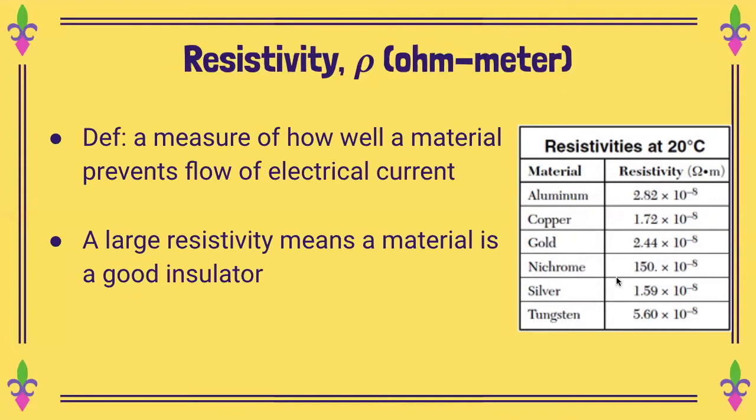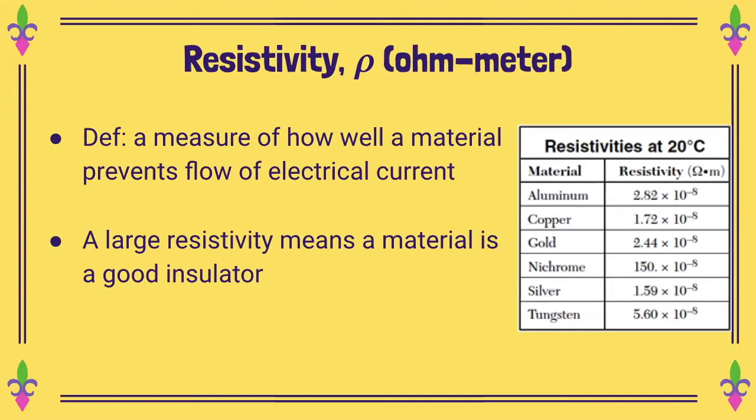You were measuring the resistivity of nichrome, which will end up being something like 1.5 times 10 to the negative sixth, if I read the powers of 10 in this chart correctly. Right? All of the nichrome in the world has the same resistivity. All the aluminum in the world has the same resistivity at 20C. Right? Resistivity is a property of the material in general, but resistance is a property of a specific wire. Like this length of wire's resistance is 10. This length of wire's resistance is 15 ohms. So when we put this all together,